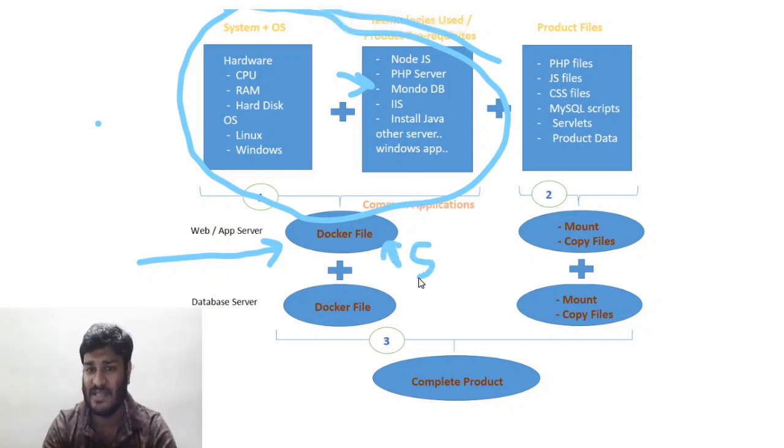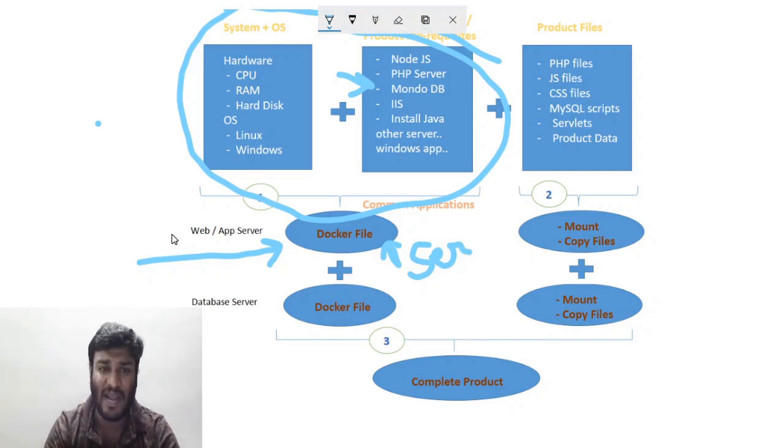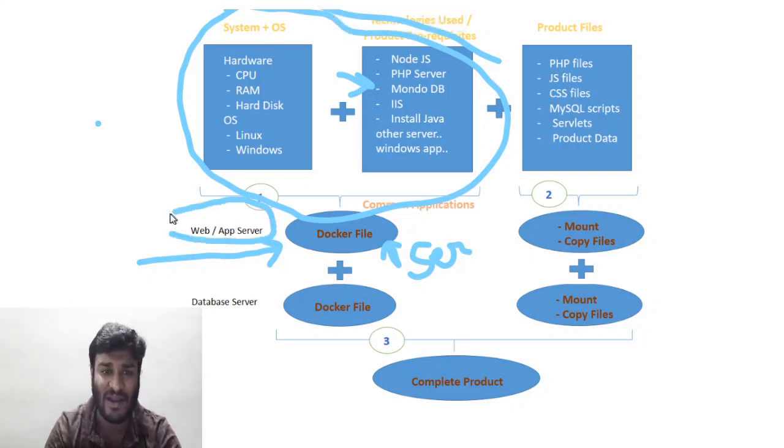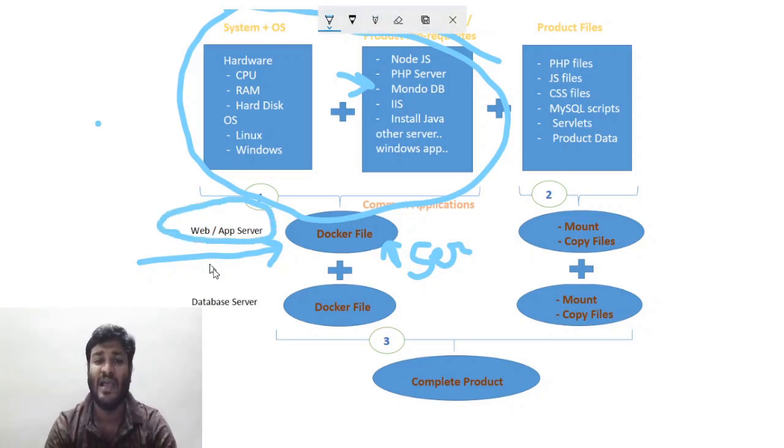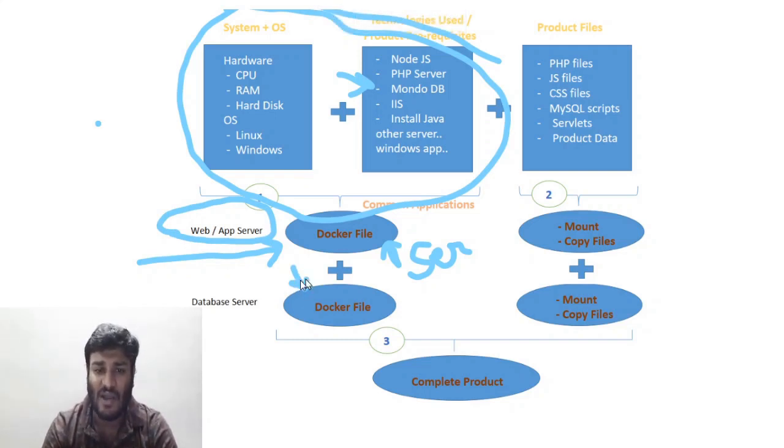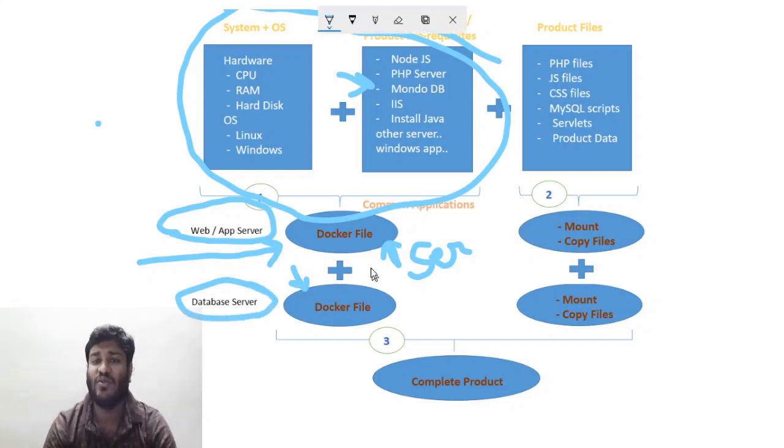This is written for a server, any server, maybe a web server, or it can be an app server, or it can be both web and app server. So this Docker file is written for that particular server. In a similar way, a Docker file will be written for a database server, right? So these Docker files are written, and then passed for processing to the Docker engine,